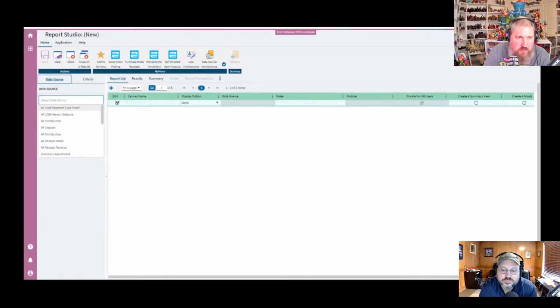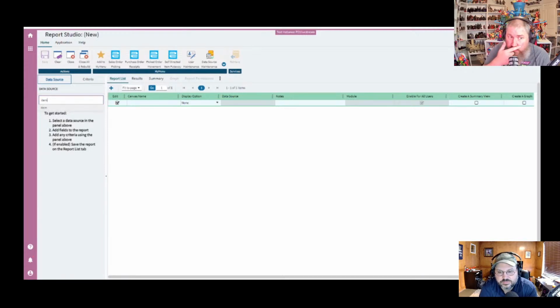So if we wanted to, let's do item. Just like everywhere else in P21, or almost everywhere, it has the inline search to make it nice and fancy. So when we select this,